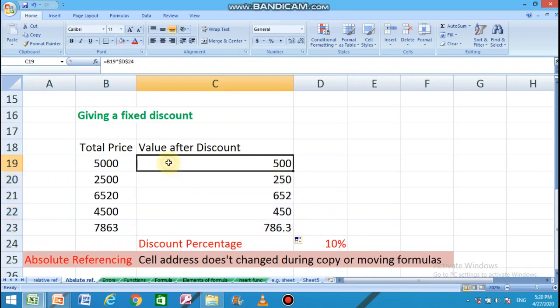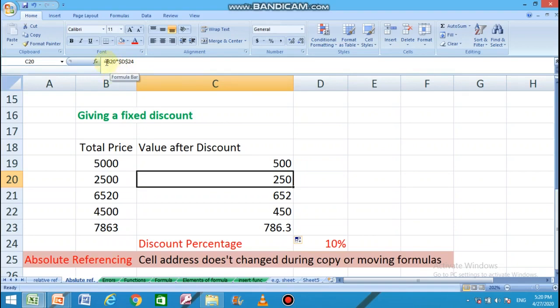Let's see what happened. In the first cell, the formula was B19 into $D$24. Then when I copied it to the downward cells, the formula is B20 into $D$24. D24 remains the same, but B19 converted to B20.